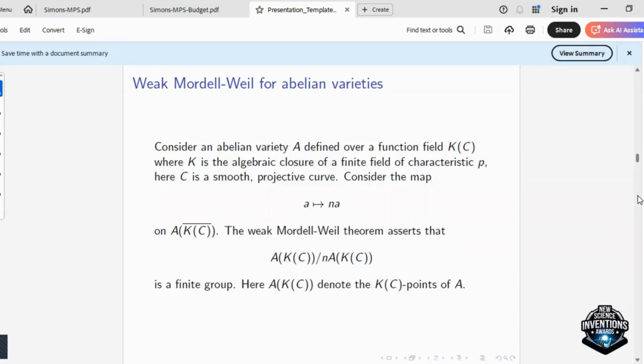Consider the addition map, which is like a goes to n times a, on the rational points, the K(C) bar rational points of A. The weak Mordell-Weil says that if you take the K(C) rational points of A and quotient it by n times this A(K(C)), this is a finite group. So